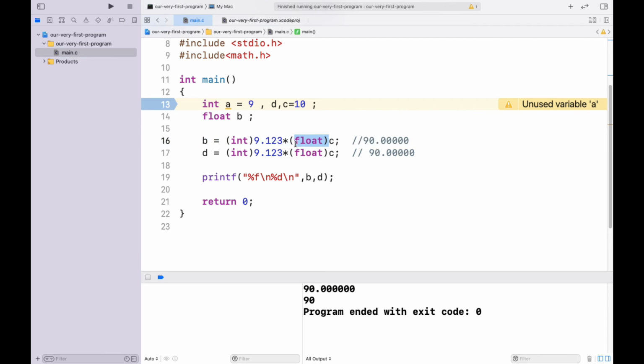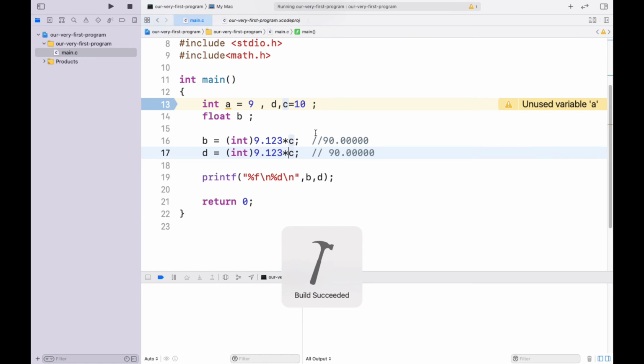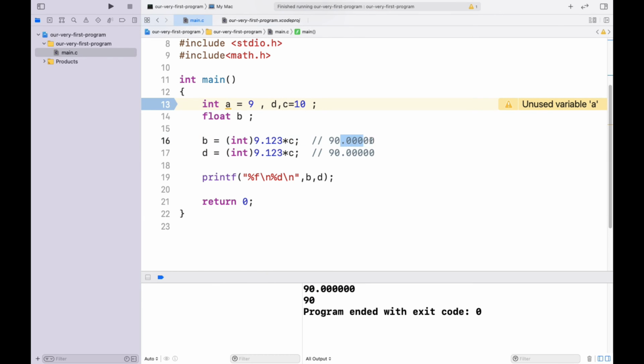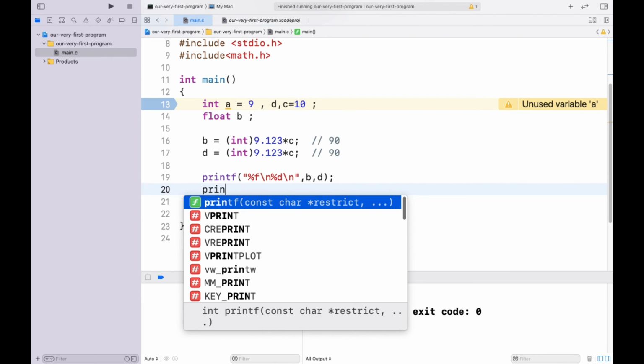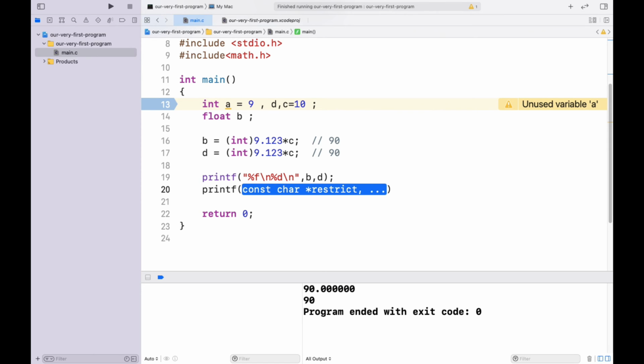But in the earlier case, when we were not writing this, the expression's answer we were receiving was 90, and that 90 was converted into the floating point when it was getting stored in B. You can check it here also. We can print out this number.